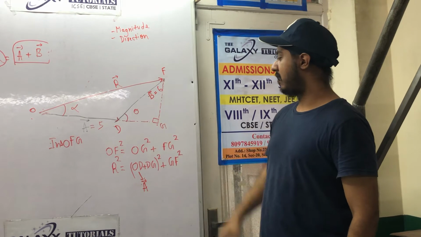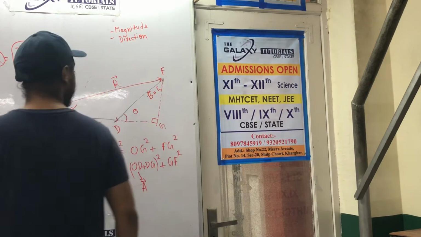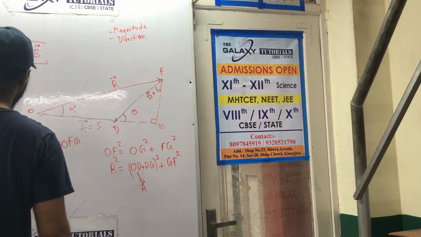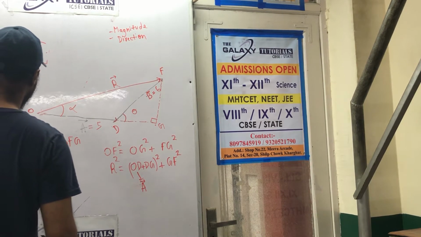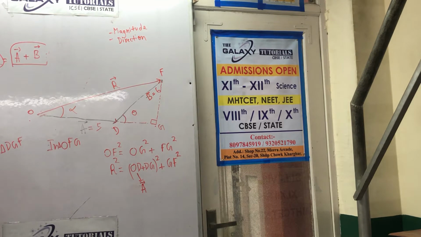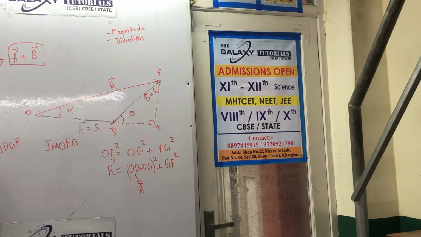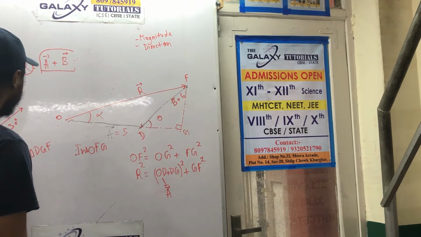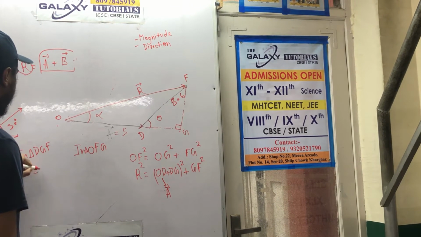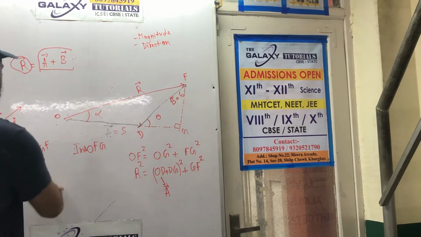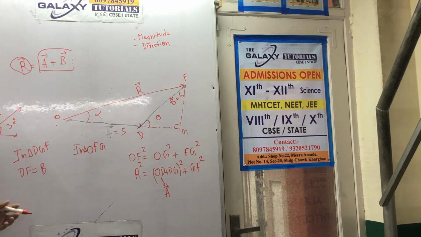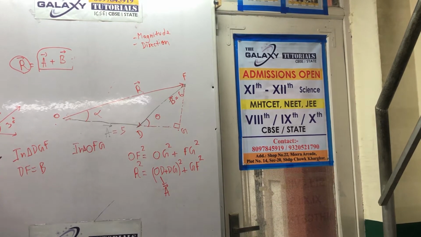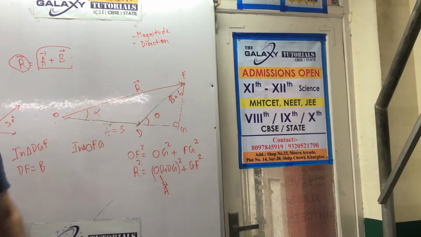So as you can see, now look carefully. Now in this triangle, what is this triangle? DGF. Now this is also a right angle triangle. You can all see here. So in this triangle, we know that DF is equal to B, there is no doubt about it. Now here we know only one side of the triangle. The rest of the two we have to find. And also we know the angle theta. Theta is the known value here.